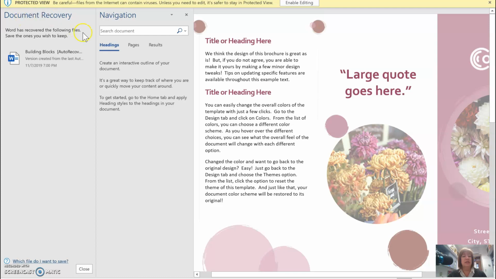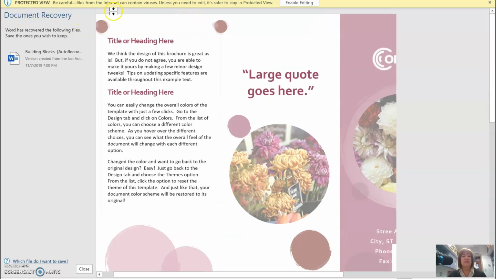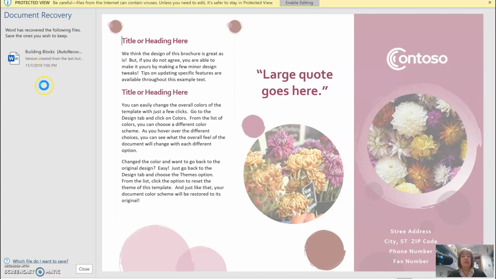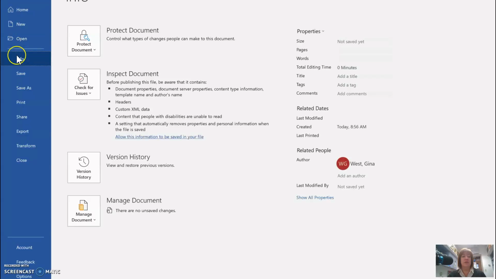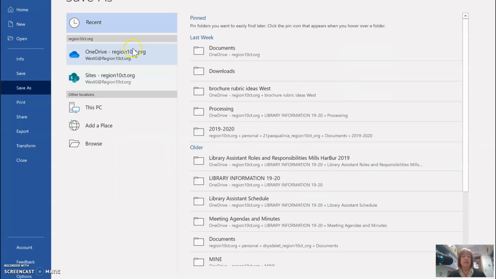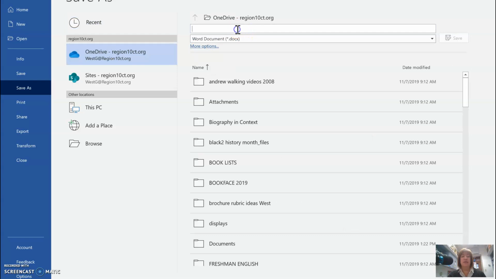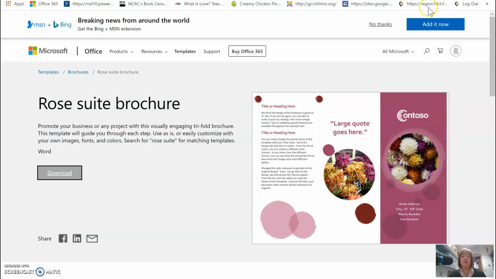So you're going to click on, let me get rid of this, Enable Editing, and you're going to save it to your OneDrive. Save as OneDrive. And then you could name it whatever you want. I'll name this one Waterfall 2. Save it. So now if I go into my OneDrive,